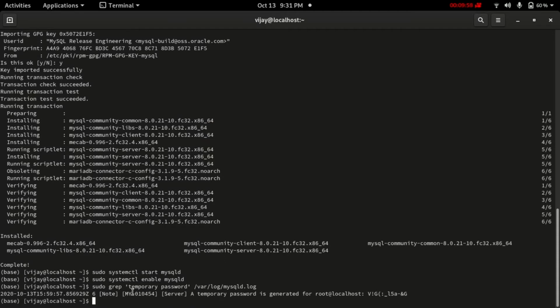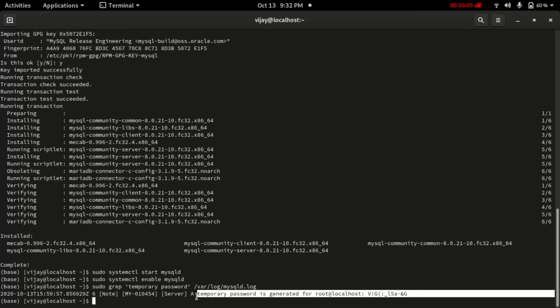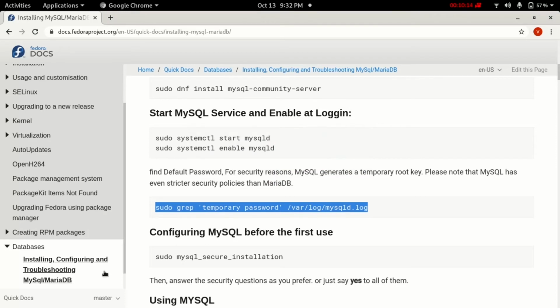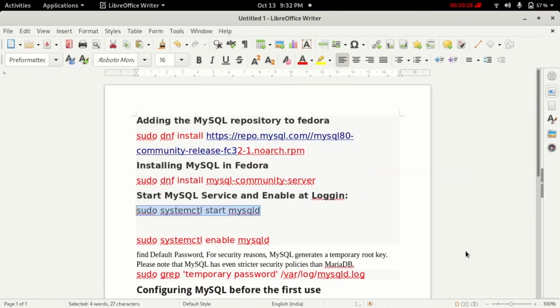MySQL log, you just copy this whole file here. Okay, so I will tell you which one is the password. Just copy this one and paste it in your notebook.